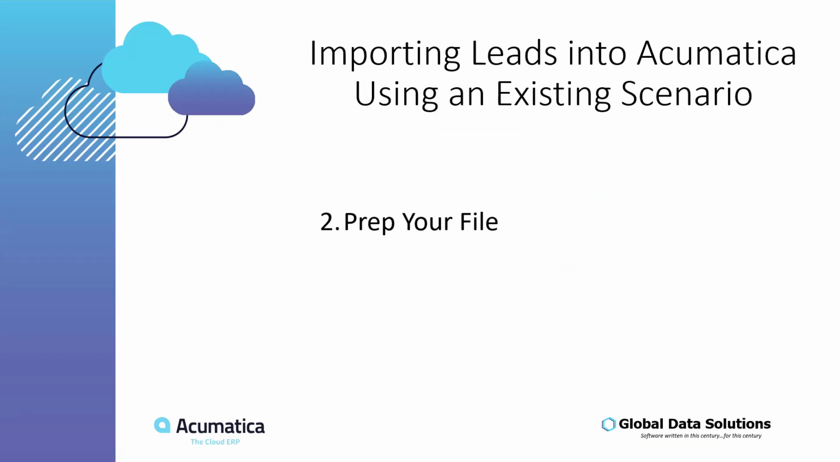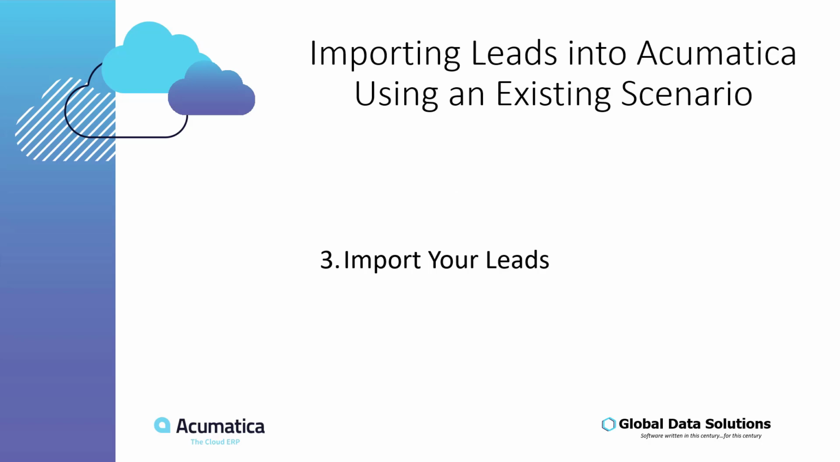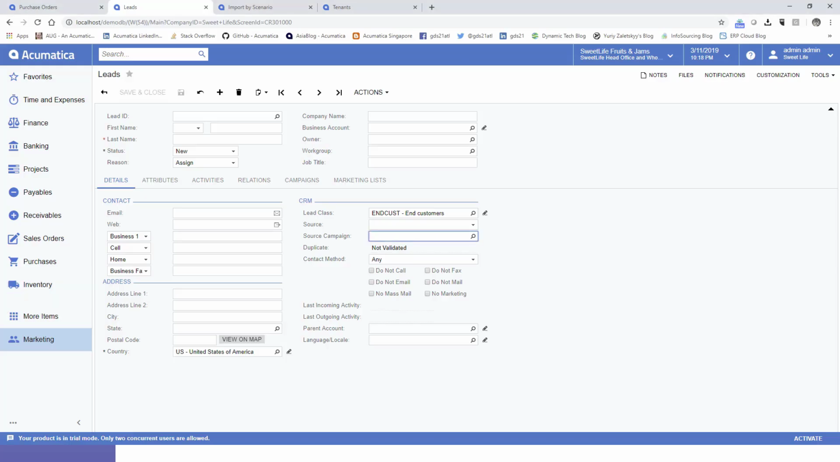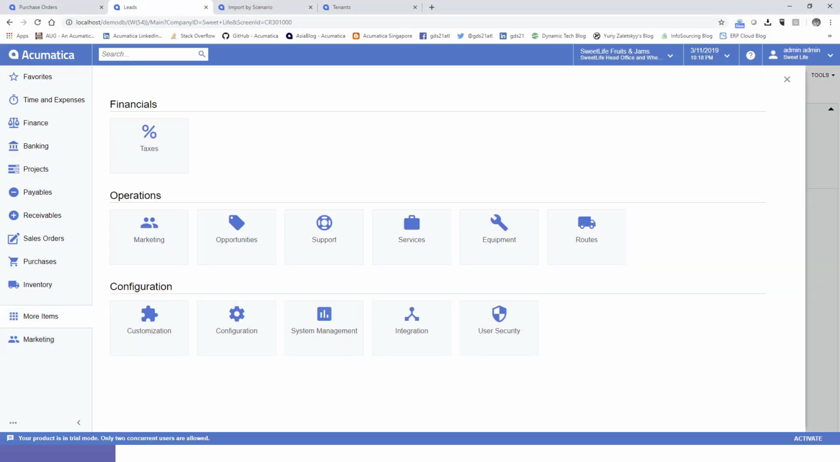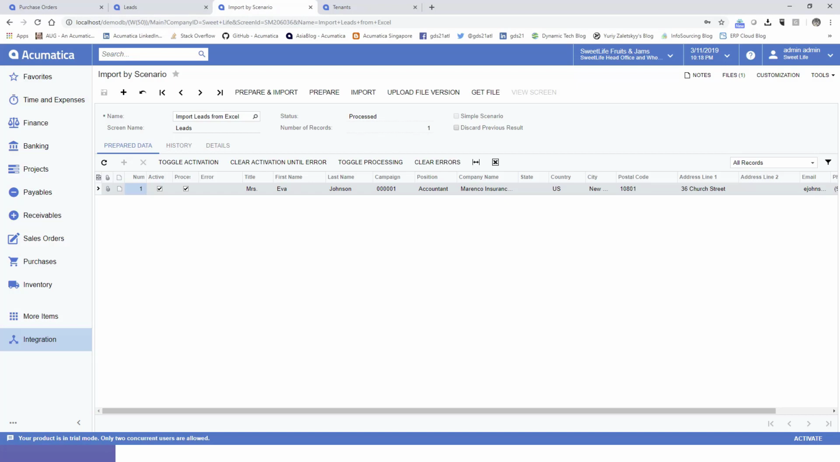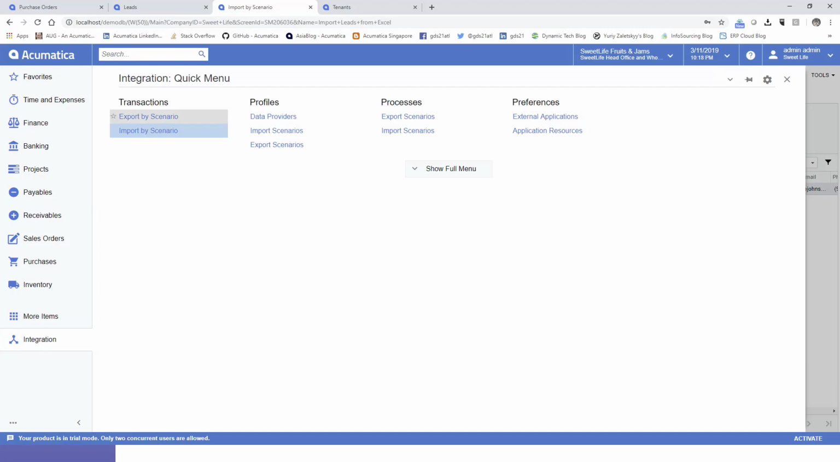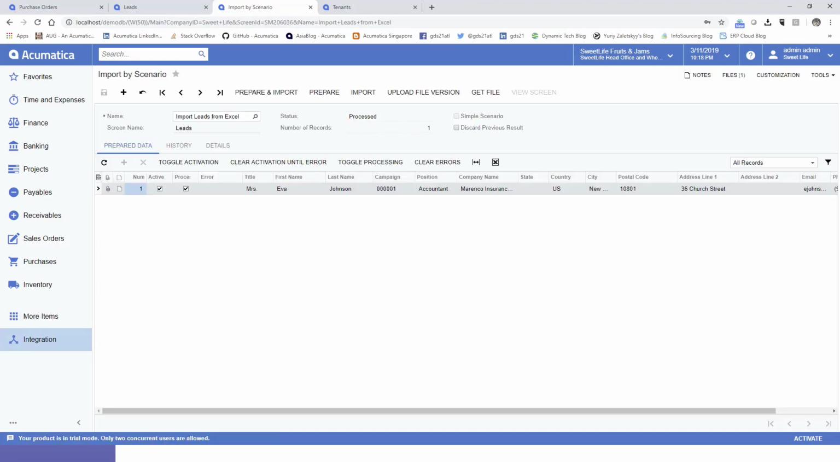So that was prepping our file, and again, we did that to minimize the potential of having errors while doing the import, which means it is now time to import our leads. Going back to Acumatica, under More Items for most people, you will find this integration workspace. I already have that available and open in another tab. And Import by Scenario is over here under Transactions. If you click Import by Scenario,